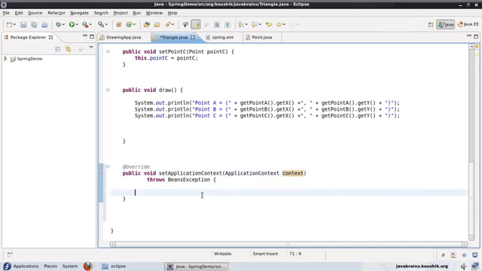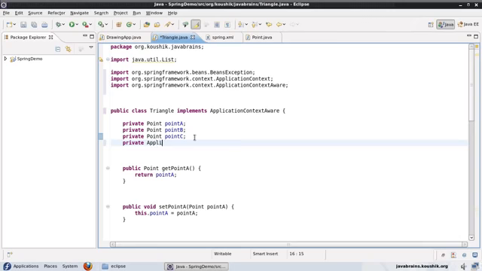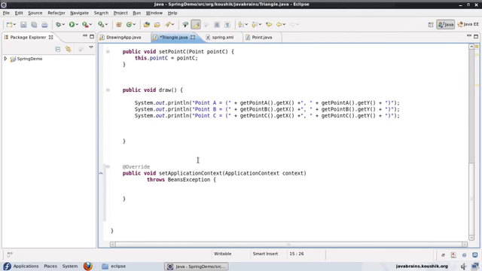So what I'm going to do is I'll create a member variable here, private application context. I'll initialize it to null, and then here in my setter, when I get the context, what I can do is I can do a this dot context equals context. Now what's going to happen is it's going to set the member variable to the context that Spring is